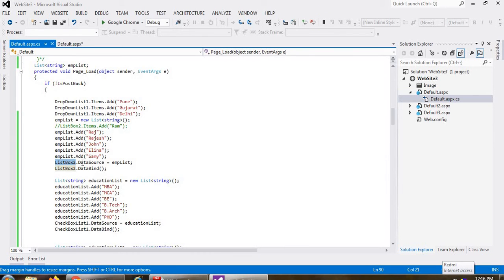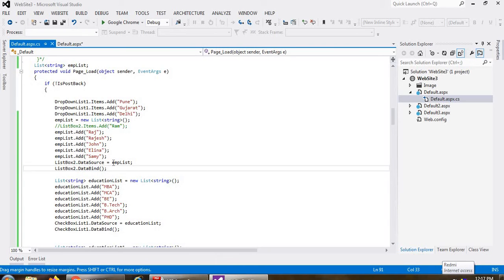And a ListBox2.DataSource is one property. In this property I can specify my data source, कि कौन सा आपका डेटा आपको डिस्प्ले करना है. So here I have already created the emp list. Emp list is my object. See here, you can see it, and I can pass over here emp list. Then ListBox2.DataBind.